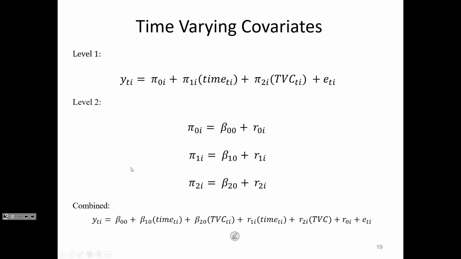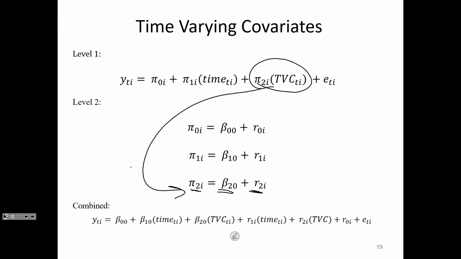Because remember how this works. We've got this time-varying covariate, and we're saying that it randomly varies across people. So here we go. We've got this pi sub 2i as a function of this average effect across all people, or the intercept of that effect, plus this between-person residual. So there's some intercept of the overall effect, and then there's how much person i deviates from that intercept. Well, if you think about it,